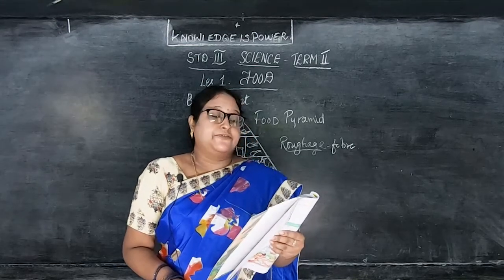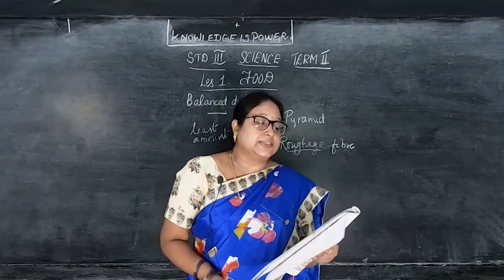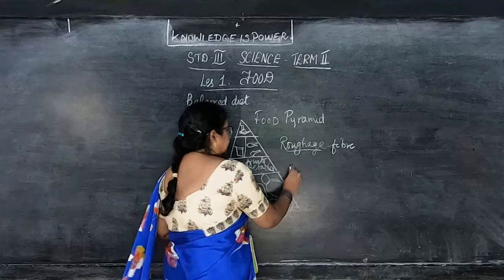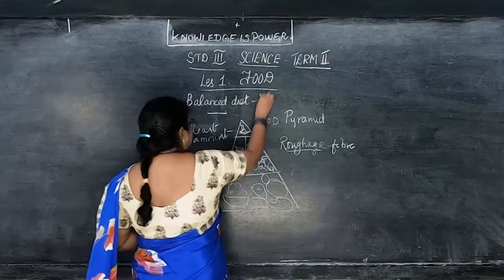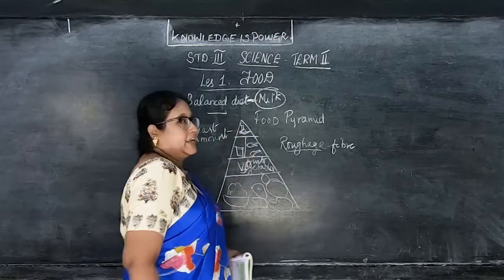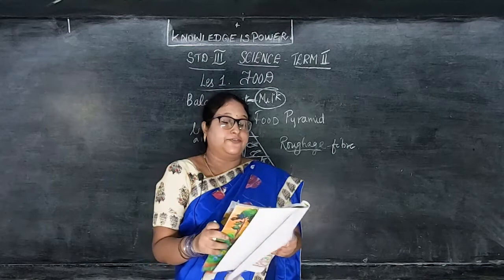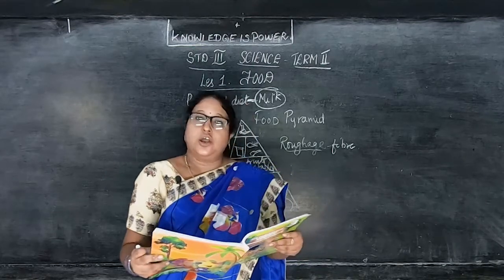It is present in food such as legumes, whole grains and vegetables. Then milk is a complete balanced diet. So what is a complete balanced diet? Milk is a complete balanced diet that you should take. It contains all the nutrients, okay, right? Then roughage, I told you, that is a fiber which is indigestible in your body.